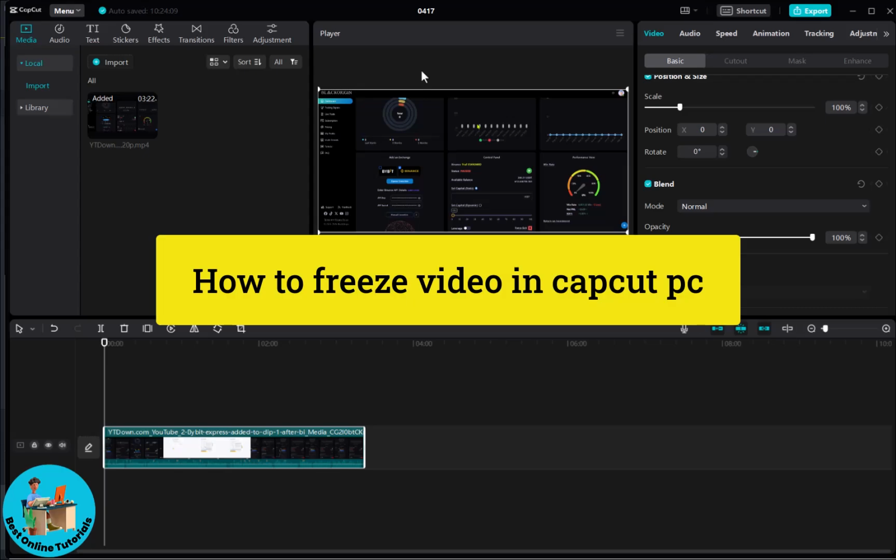How to freeze video in CapCut PC. Alright guys, so all you need to do as usual would be to simply import the clip you want to